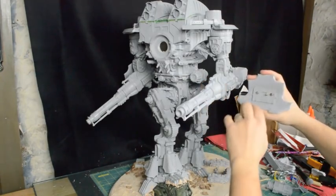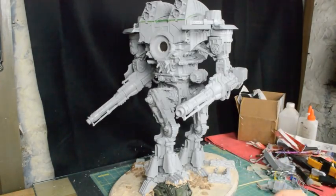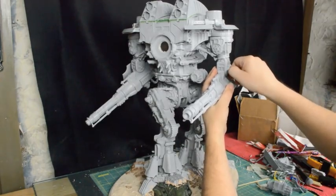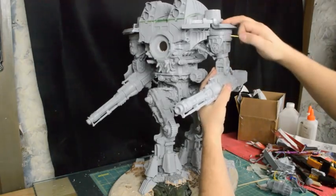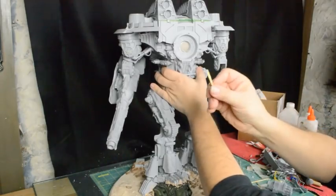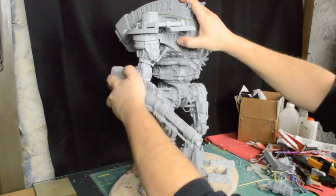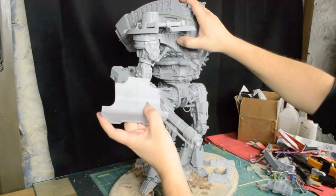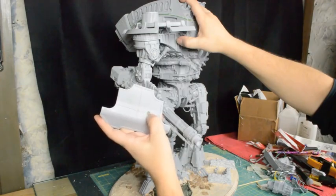Amusingly enough, here I used different size magnets based on how deep or how wide I was going to be able to drill. And then we've got these pins that go in, and I can just remove the weapons like that. Spin this around, there's the brass pin. Spin this around, remove the other side. You'll see here, when I was drilling for this magnet, I actually drilled all the way through, accidentally. So I've got to fill it with putty and get some plasticard to fill that back in,